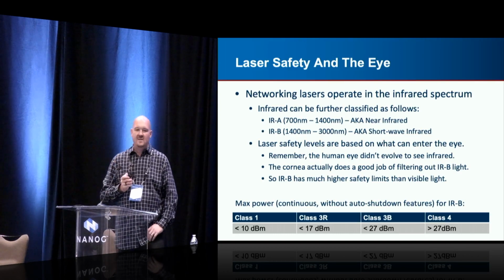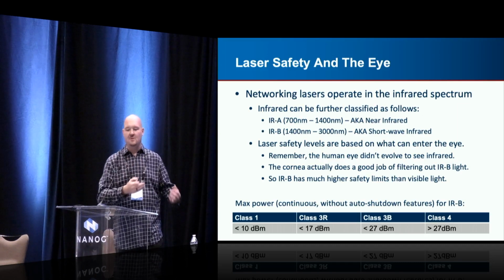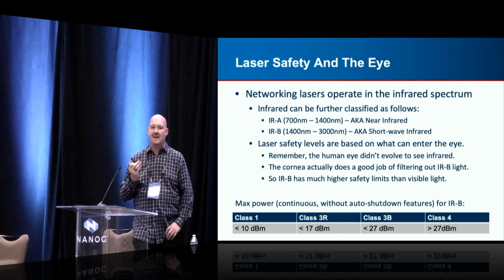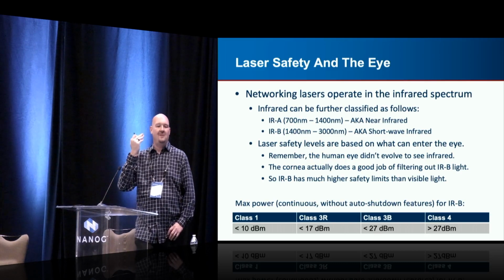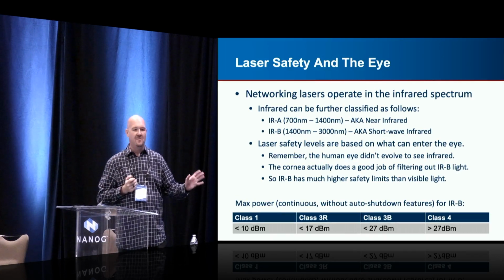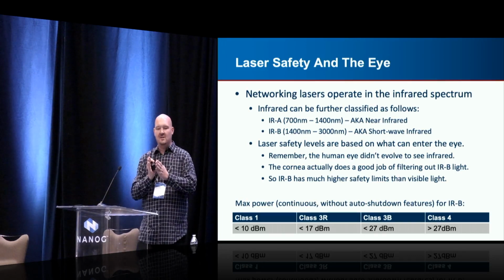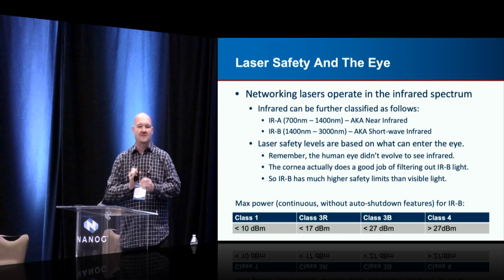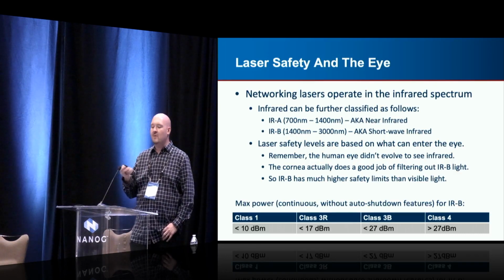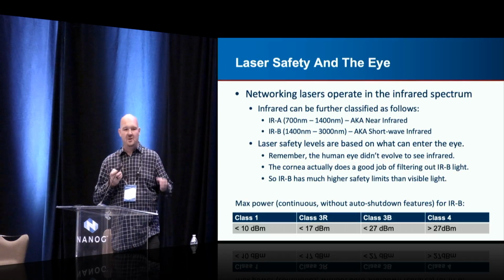So laser safety is actually based on what can enter the eye, not just the absolute power level. The cornea does a really good job of filtering out light that you can't see anyway. IRB, the far infrared, gets filtered well by your eye. It's the lower frequencies closer to the visible light that we normally look at that get through. So these are the continuous, no auto shut-off power requirements